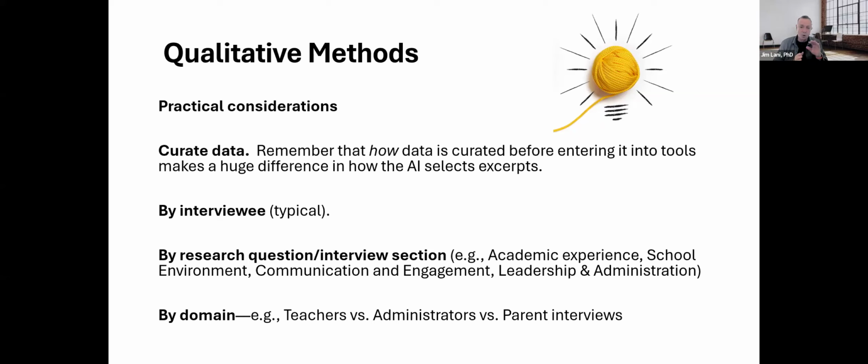So although doing it by interviewee is, I'll say, typical, I don't think that's the best practice. I think it should be by research question or study aim or interview section or by domain. So you're assessing teachers and administrators and parents. I would not put them all in there together. Even if there were only 2 teachers and 2 administrators and 1 parent, I think I would separate them out, because you can have a theme, let's just say, related to teachers,